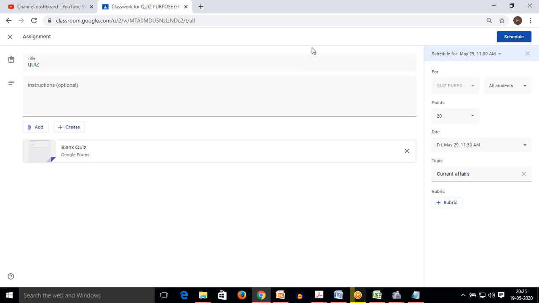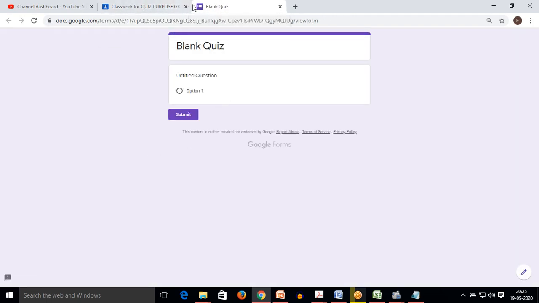Now coming to this section, that is a blank quiz, and a Google Form is written here. As I press blank quiz, this will direct me to a Google Form with the name of blank quiz. Now I have to set the questions. I will name it.